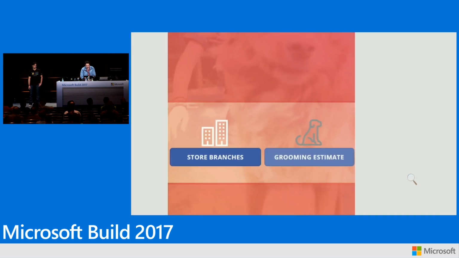And that's this feature here where we actually provide grooming estimates. Now, we might be running different promotions in different events. And we might price different dogs differently based on the location. And we don't want our sales staff to be burdened with figuring out, do we have a promotion right now? This is the breed of dog. How much do I cost them? We wanted to make this a much more streamlined experience, so that you can just walk into one of our branches, you show us your dog, and we can tell you on the spot, this is how much that dog is going to cost.